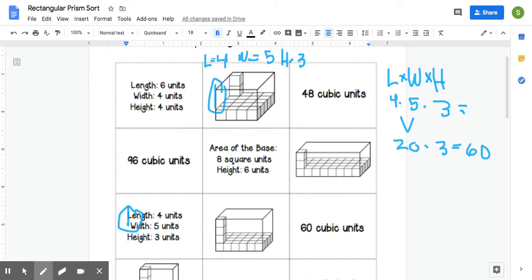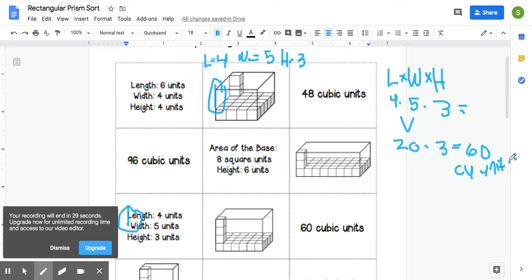Now, when I do volume, I know I had units before. Now I have cubic units for my volume, right? Perfect. My writing is super messy. Oh, man. Okay, so my volume for this rectangular prism is 60 cubic units once we used our formula with our dimensions. So now I just need to find that box right here, 60 cubic units. I'm going to put a 1 on that box to show me that that one matches with these two. So I found my prism, my dimension,